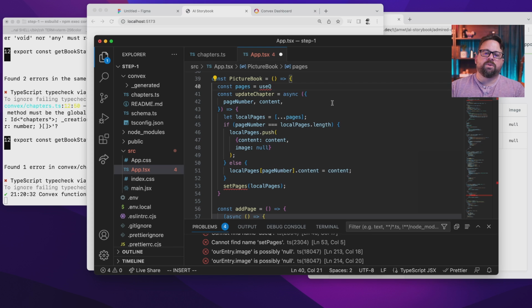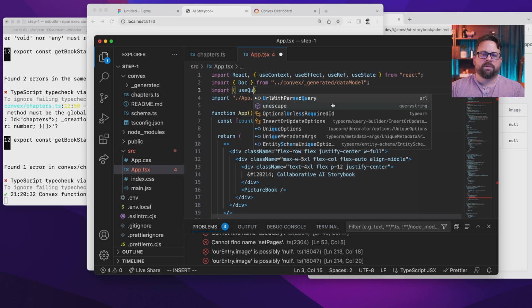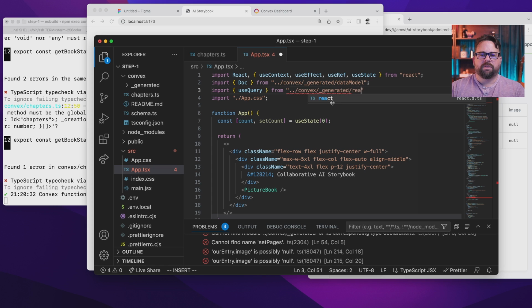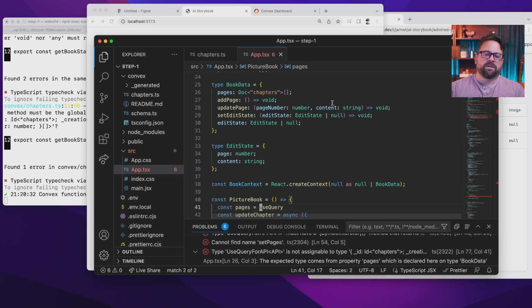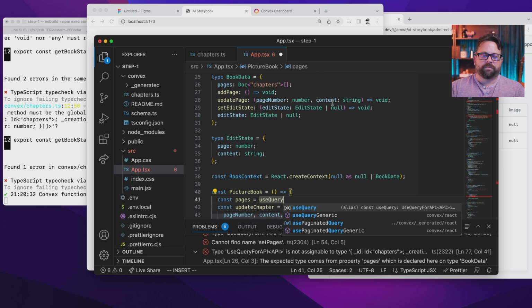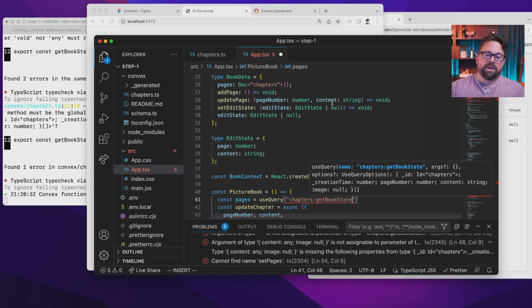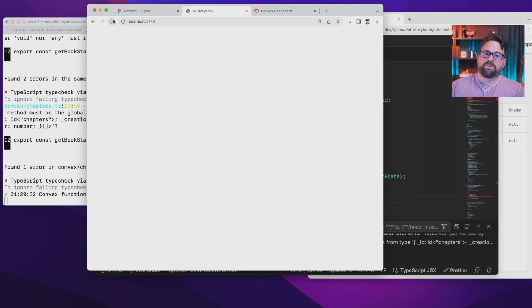We're going to use query from Convex generated React. So there's this hook called useQuery from Convex, and yep, you can see it autocompletes. It knows what queries exist on the backend, and it just puts it in there. So this doesn't take any parameters. So all I have to do is say useQuery pages, and it should automatically hook up to our backend